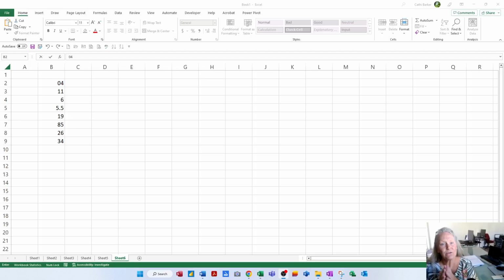I now want to look at file management. We have one file open in Excel, and I can tell by looking at my title bar that it's called Book 1. Now, what I'd like to do is open up another file. So say you're working on this file and then you get interrupted and you have to create a completely separate